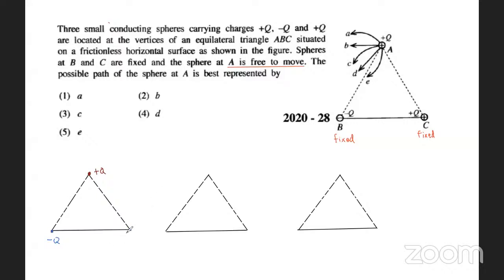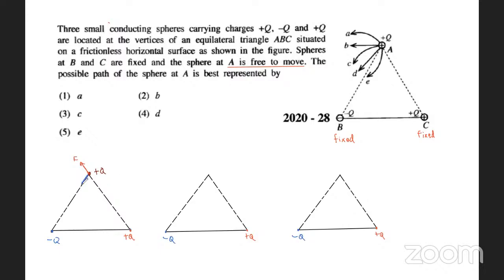I'm going to use red color for this plus Q. Let me quickly put that here, because this plus Q in red color and minus Q in blue color, they are not going anywhere because they are fixed, aren't they? Now let's mark the forces. Initially we know this plus Q will repel it in this direction, force F will act, and minus Q will attract it,